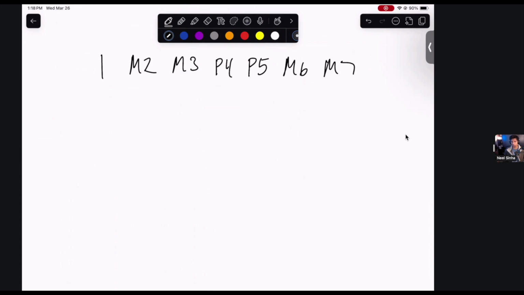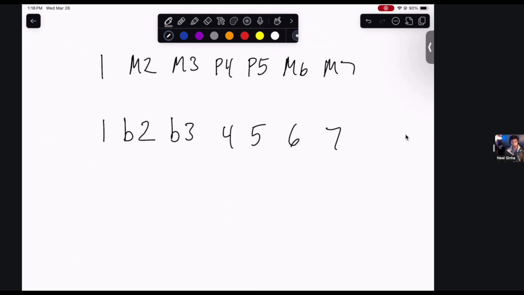So this is what the Berklee College of Music method of learning this stuff is. You don't use major and minor anymore because it's just too many symbols. So to simplify it, we'll just go 1, 2, 3, 4, 5, 6, 7. This still means exactly what this means. We're just now simplifying the writing. And if we have a minor interval, for example, minor 2, then I'm going to say flat 2. If we have a